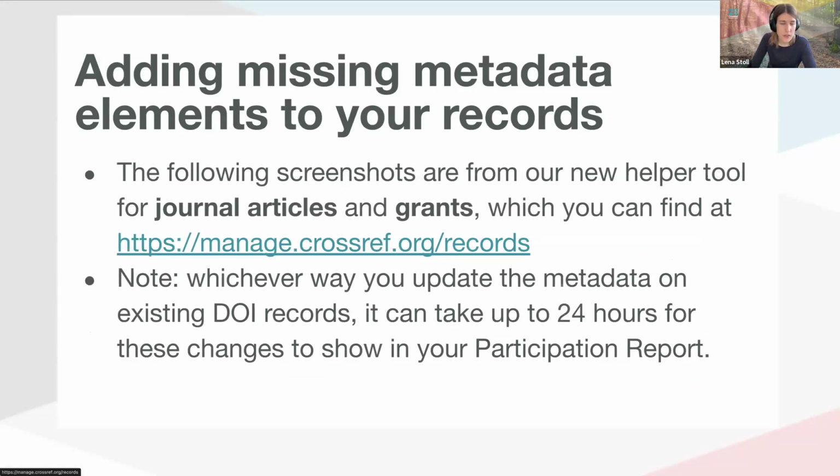You should note that no matter what way you use to update your metadata on an existing record or to add new ones, it doesn't matter which tool you use, it can take some time, potentially up to 24 hours, for all of the changes you make to be reflected in participation reports. That's just a technical thing. The data needs to make it all the way through our systems to our APIs to end up in the participation report. So you can't necessarily do it live, update your records and see the scores go up immediately. It takes a little bit of time, so have a bit of patience.